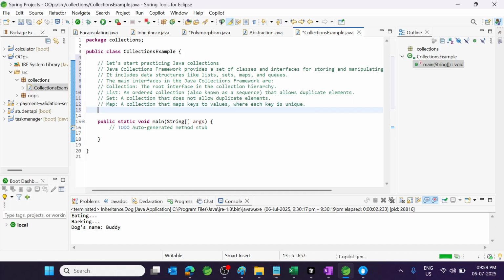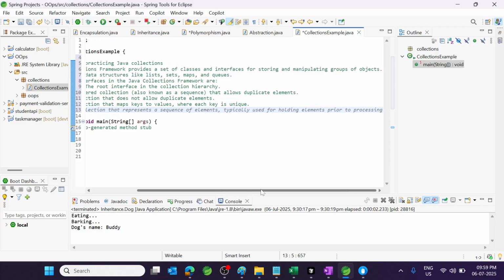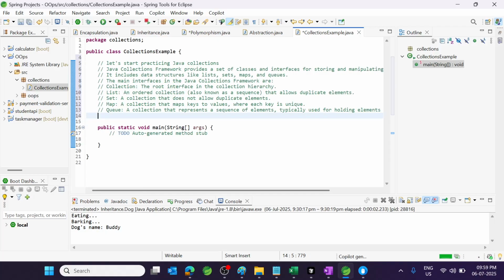The next interface is the Queue interface. It is a collection interface that represents a sequence of elements, typically used for holding elements prior to processing. So the main classes in the Java collections framework are